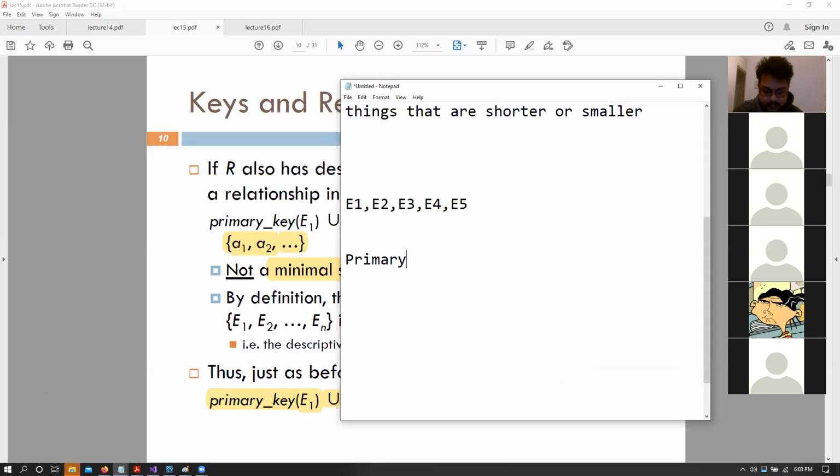And let's say the primary key of all E_i for all i is part of the relationship set, right? Let's say the relationship set has all of the primary keys for all of the entity sets,